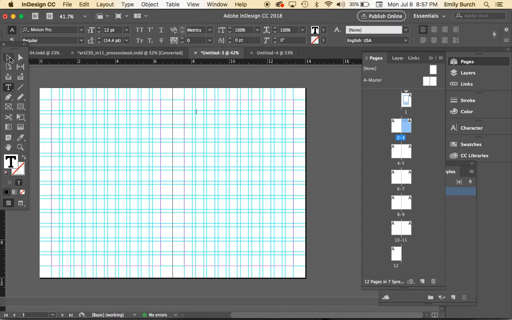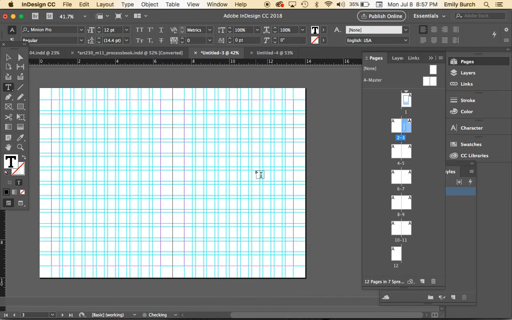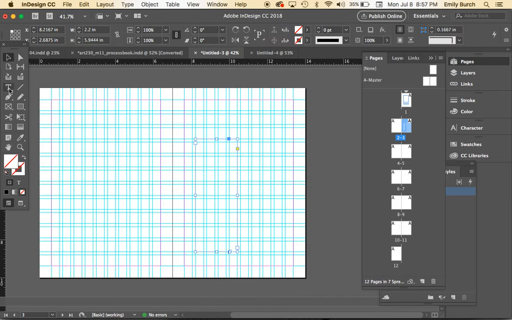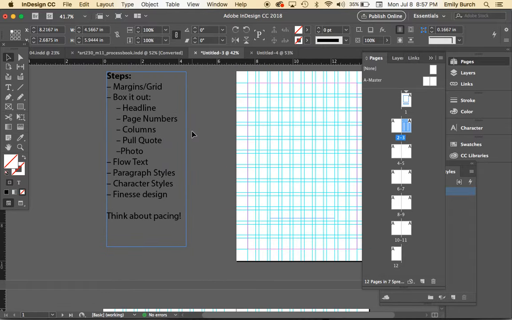And this becomes important because once you establish where the body copy will go, so say I want this page to be 2 columns. I want 1 column of text there. And I'm just going to copy that and say I want the other one right next to it. So these 2 columns represent where my text will go. This is important because once we've boxed out where we want everything to go, the next step will be